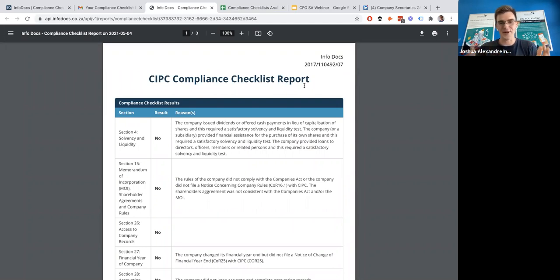Lots of different things. We know we've got a lot of work to do, but one of the things, and your question speaks to this, Kelly, is just adding more educational information and content. We've got a help desk that currently walks you through the process of how to do all these things on InfoDocs. We want to bolster that with more educational content around what the actual requirements are, what sections of the Companies Act come into effect, and exactly how Cerize explained a couple of those examples, the tick box approach. Is it this, is it that, and these sections apply, and we need to make sure that we